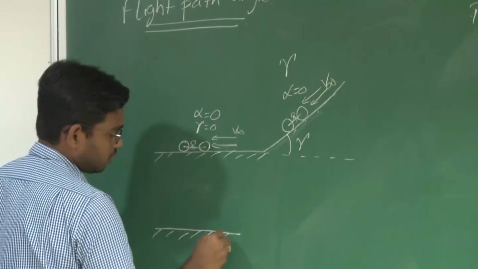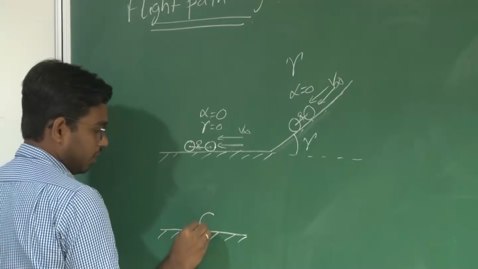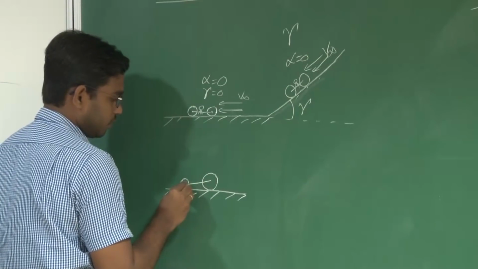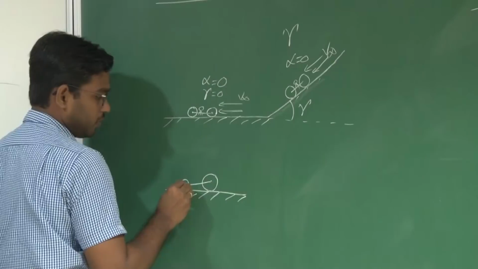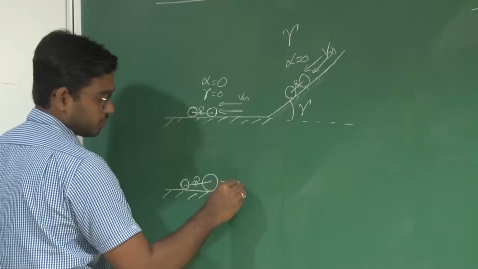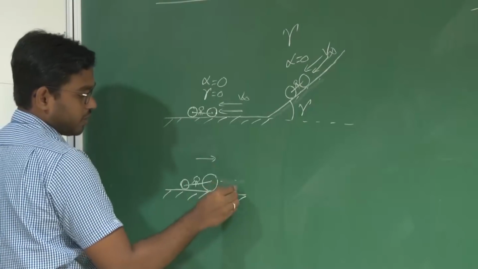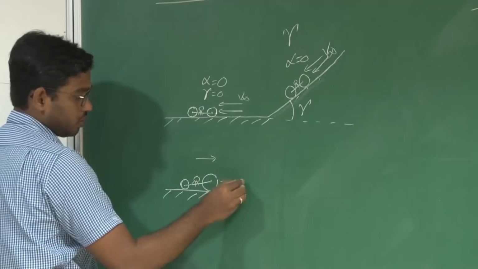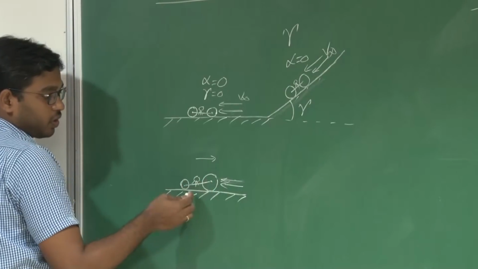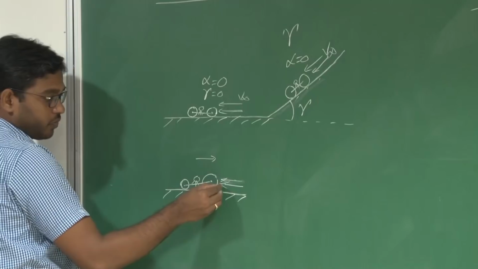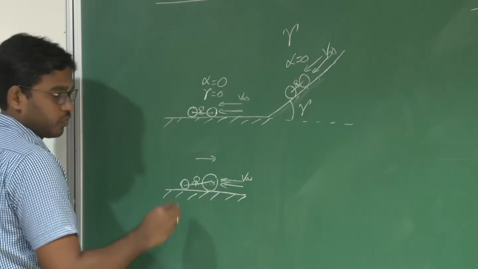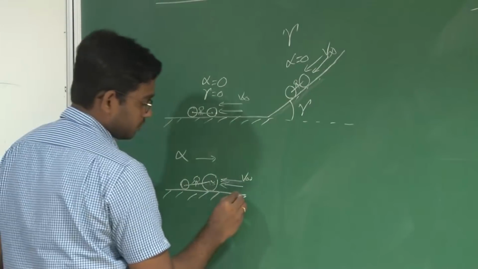Now say on the same road, I have changed my bike. Say I have a bigger front wheel and a smaller rear wheel. Let us say we connect the front and back tires by means of a rod. Say I am sitting on this and I start moving in this direction. I will face a stream opposite to me, which is parallel to the ground since I am moving parallel to it. But in this case, what I see is an angle of attack alpha, because this free stream v infinity is making an angle alpha with my reference line. So in this case I have an alpha.